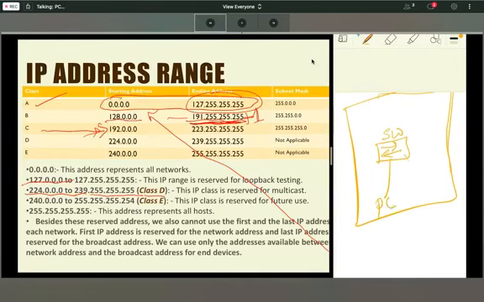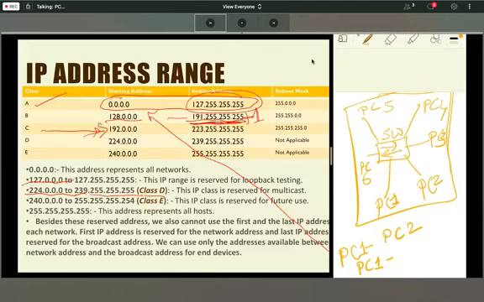This is PC1, 2, 3, 4, 5, and 6. If PC1 is talking to 2, 3, 4, 5, 6, correct? There are three conditions. PC1 is talking to PC2. This is unicast, 1 to 1.